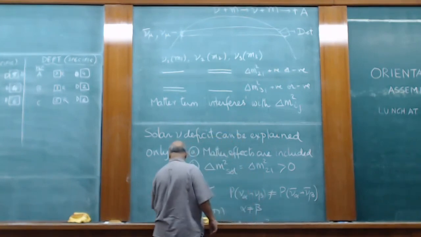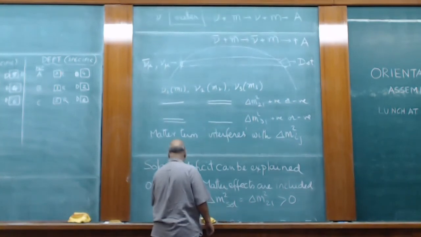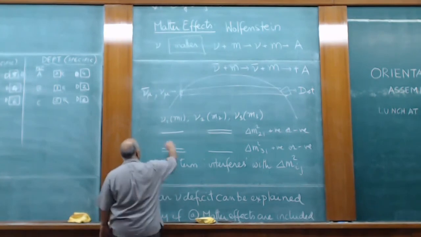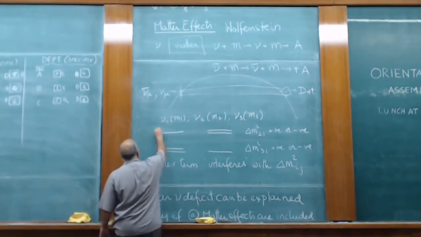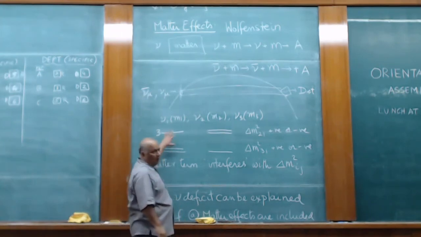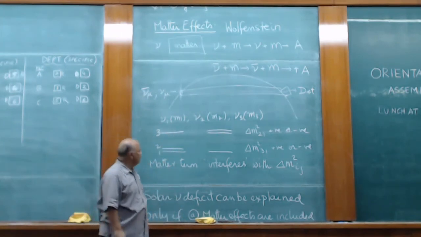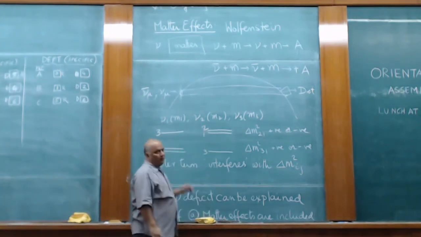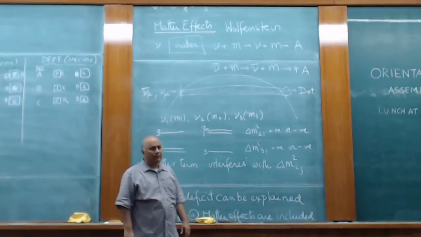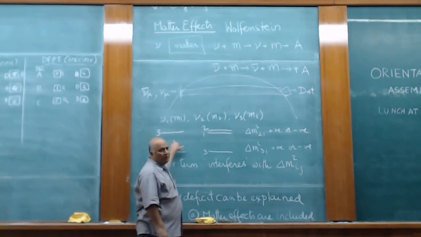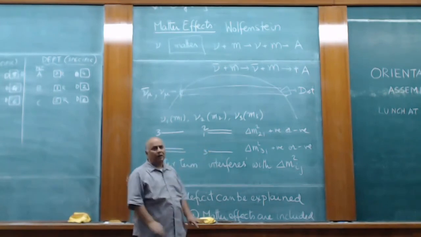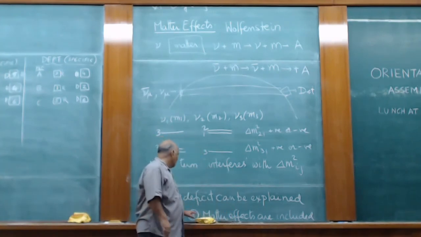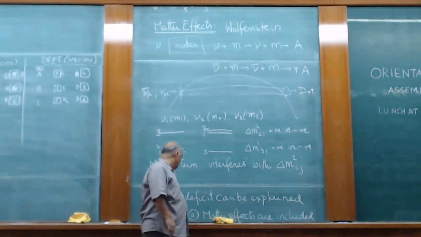So, of these two patterns, I have 1, 2, 3, and here delta m square 31 is positive. And here delta m square 31 is negative. But whether this pattern is correct or this pattern is correct, I have no idea. So, the ideal situation is